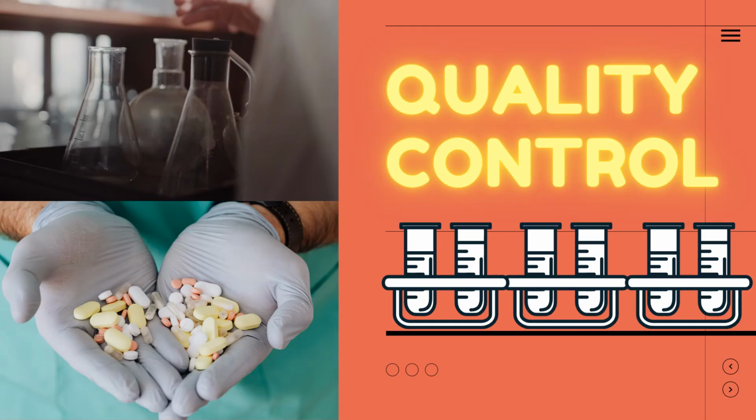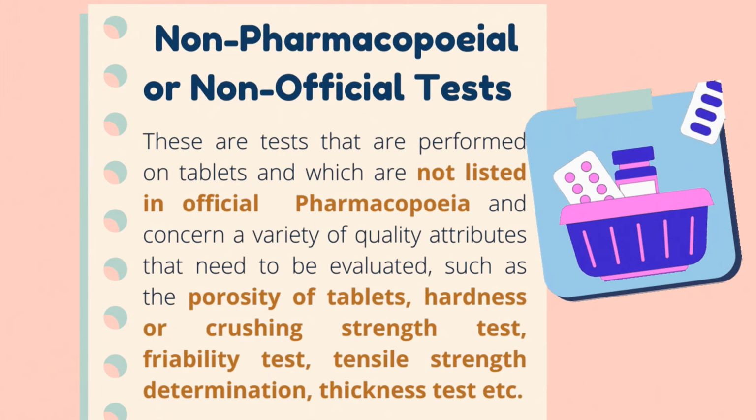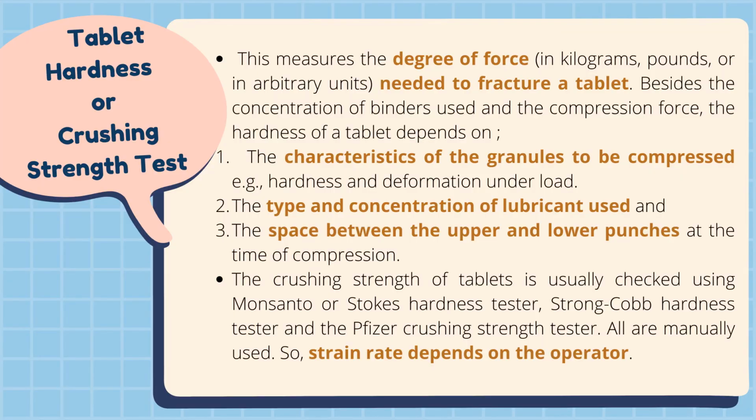Talking about quality control, one of the most important aspects for tablets. Whatever tablets you have manufactured, if they don't qualify the criteria established by quality control, they won't clear that part. So you have to ensure whatever method you adopt should be able to pass those tests. Tests are divided into two types, pharmacopoeial and non-pharmacopoeial. They are of different kinds, starting from hardness, friability, tensile strength, thickness, etc.